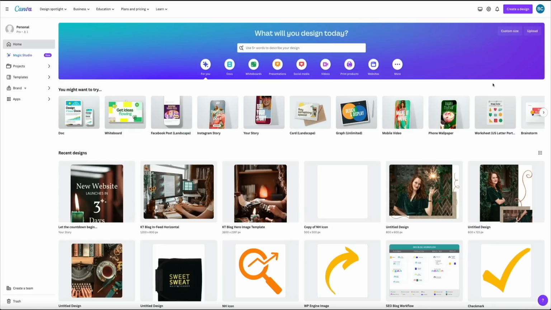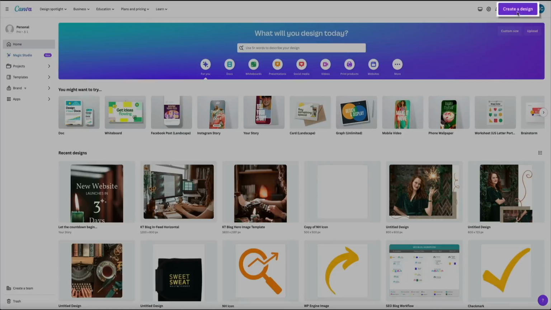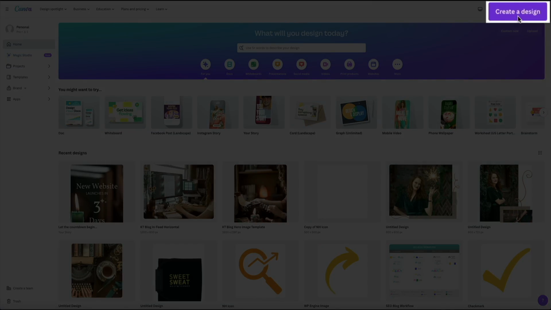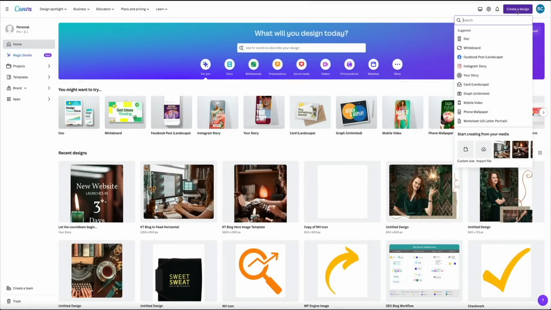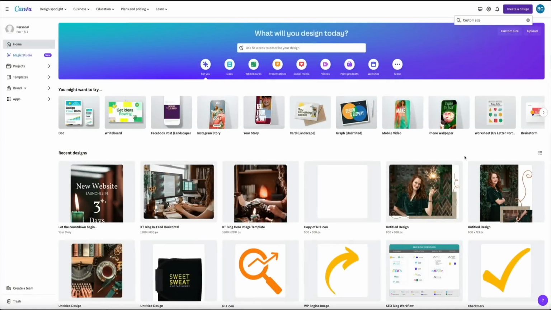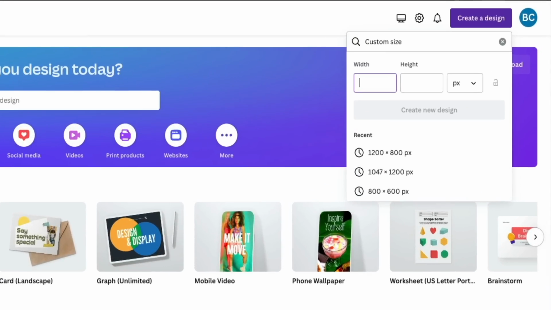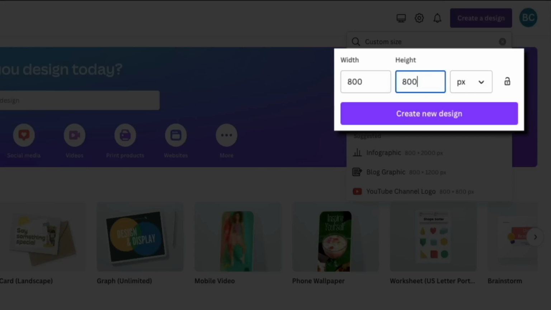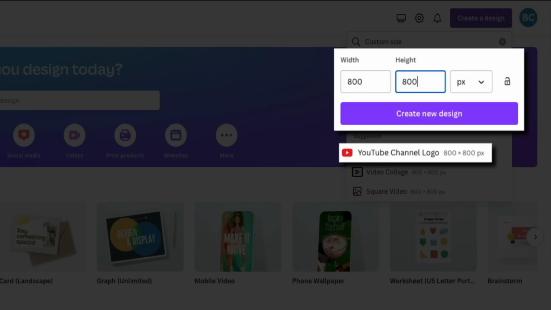So to create your image, click the Create a Design button in the upper right corner of the screen, and you'll then be presented with some pre-made templates. But if you click the Custom Size button, you'll have the ability to enter custom dimensions for your design. And all you'll do is enter the width and height in those two fields, which again is 800 by 800 pixels. And as you can see, Canva even has a designated YouTube logo template that you can use. So clicking either the Create New Design button or that template button will take you to your digital canvas,